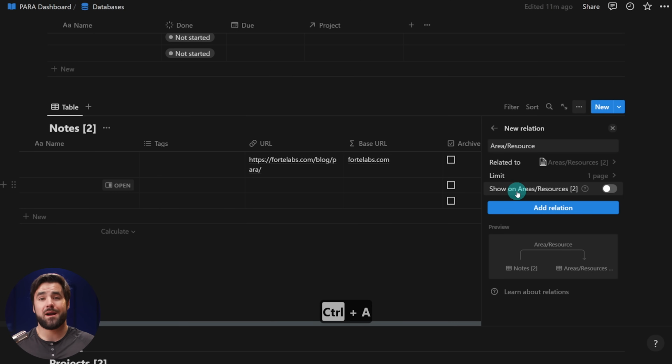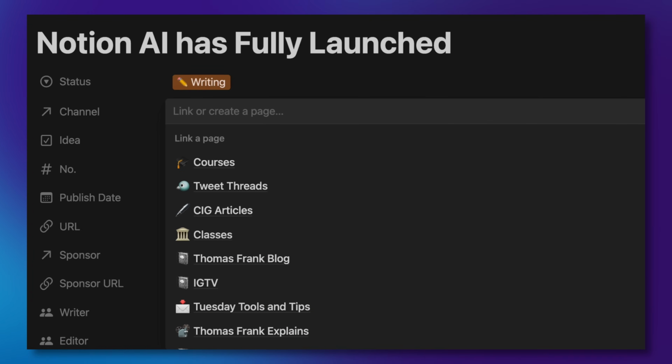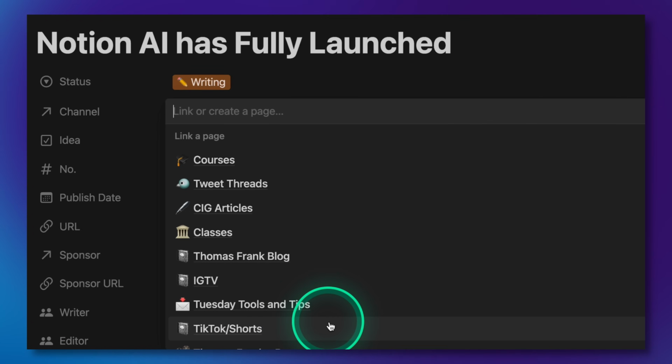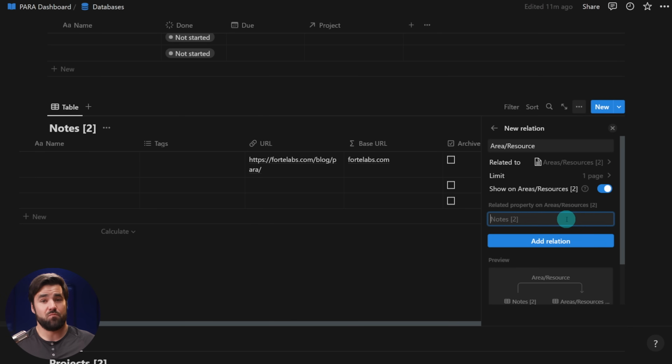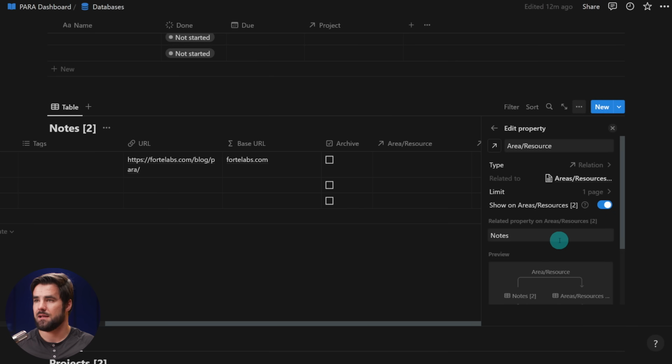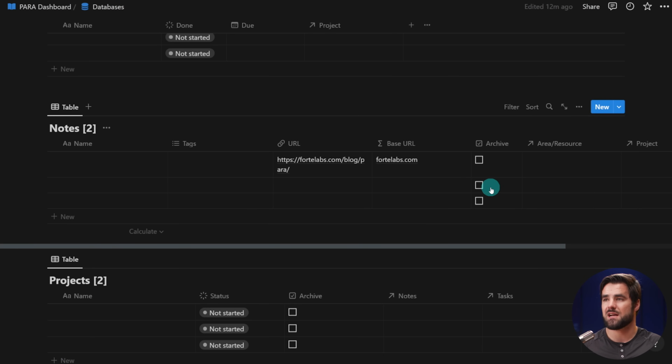And if you really wanted to have a note that was related to two different resources or two different projects, you could untick this. The only thing this is really going to do is when you set a relation and click it, it will get rid of the one that's already there if there's one that is already there, which is kind of like a quality of life thing. But if you want to have multiple relations, you can absolutely do that. So I'm going to go with notes here as the reciprocal property. Hit add relation. And for now, we are done with notes,